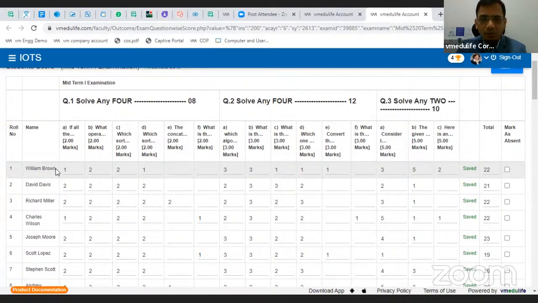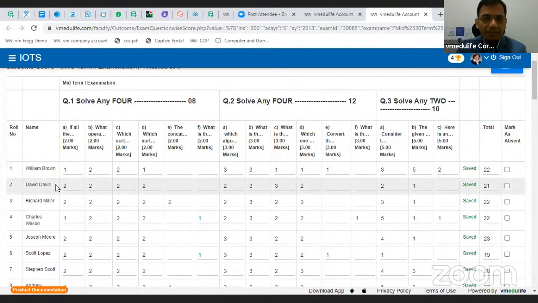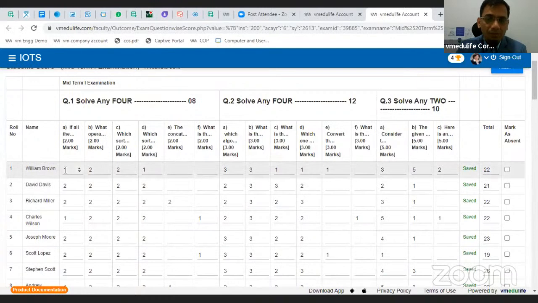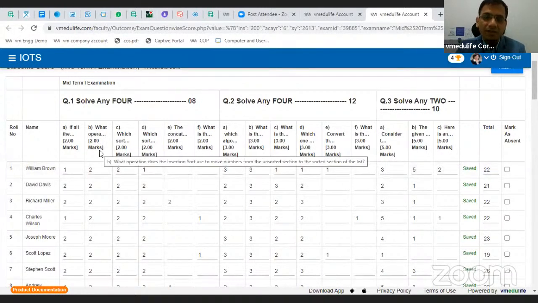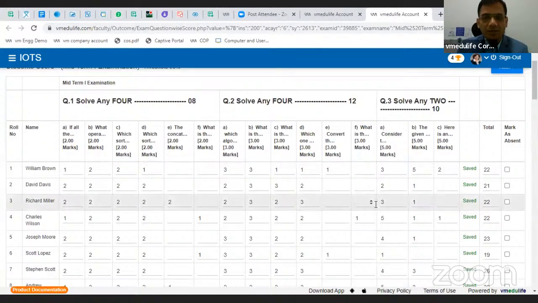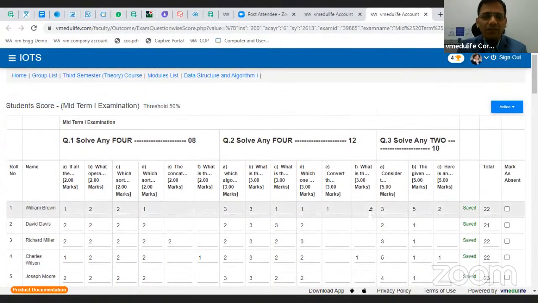So the question wise analysis indicates that we need to update the question wise and student wise marks for the students in that examination. So this is the task which we need to accomplish,